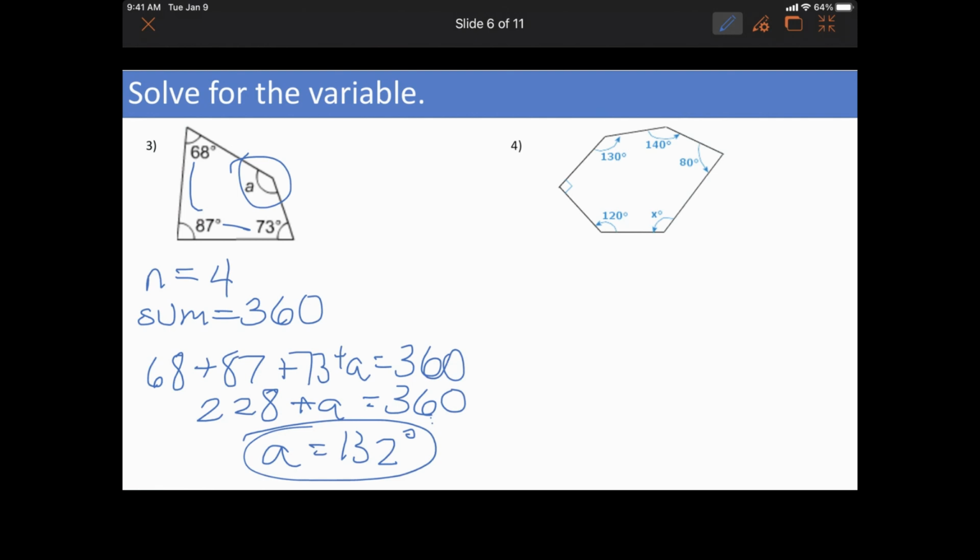So you have to figure how many sides. Let's count. 1, 2, 3, 4, 5, 6. So n equals 6. What's the name of this? Hexagon. Now I'm going to say this is 90. So I'm going to add all of those together. So I have 90 plus 120 plus 130 plus 140 plus 80. So altogether I have 560 plus x equals, how much do they do? Oh, I forgot to do that part. So it is,